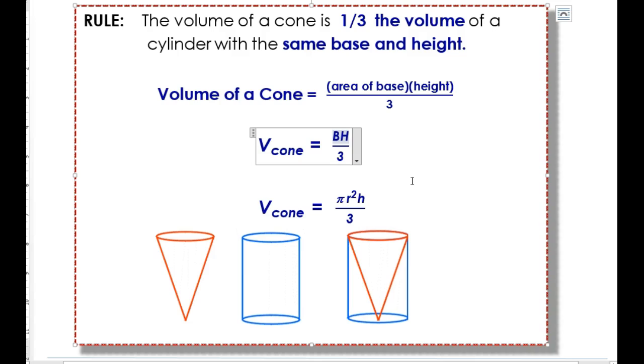But remember that the cone has a base that's a circle. And so what is the formula for a circular base? Well, it's pi r squared. So that's why I have this little bit in right here, because that's how I calculate the area of that circular base. And then I'm going to multiply that by the height,